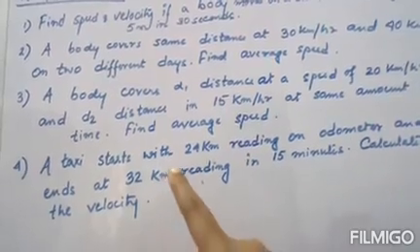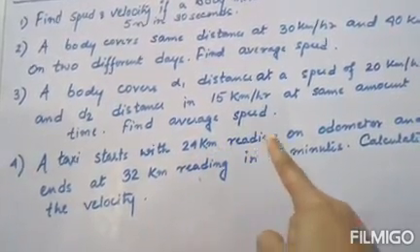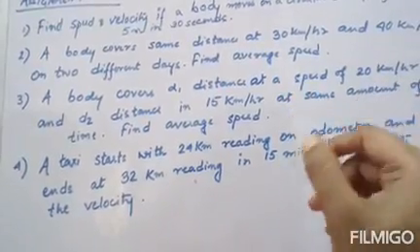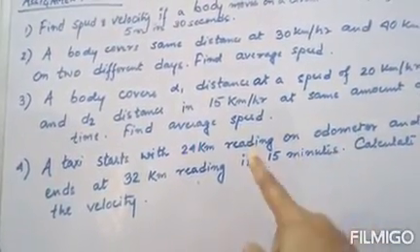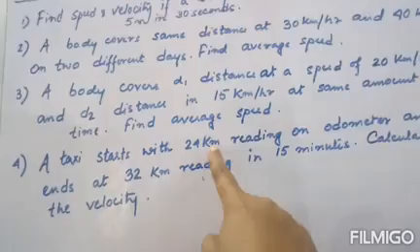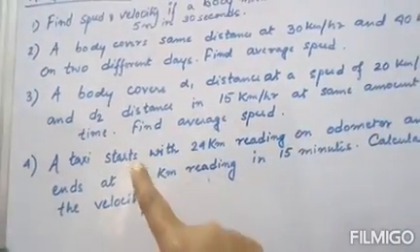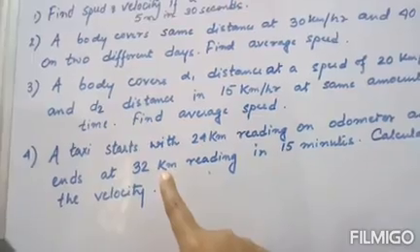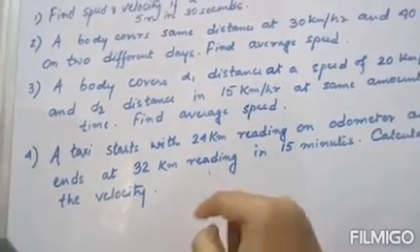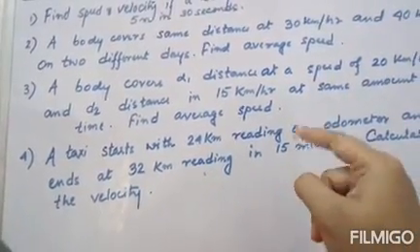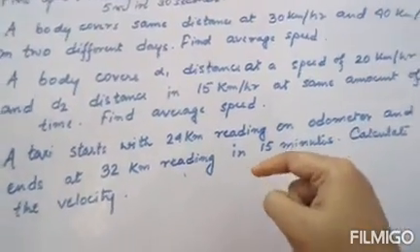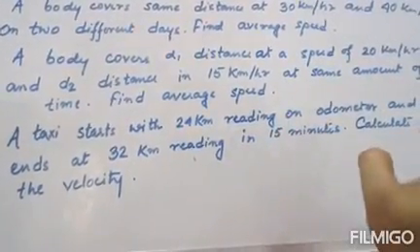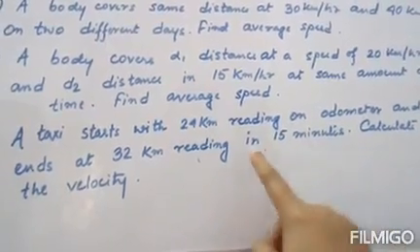Fourth one: a taxi starts with a 24 km reading on the odometer. What is an odometer? It is the meter reading that we see. The odometer reads 24 km when the taxi was starting, and it ended at a 32 km reading. So what is the change in distance you need to find? The change between the initial position and the final position we can get from here, and it covers it in